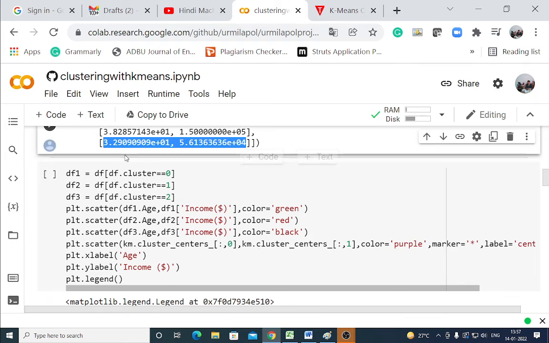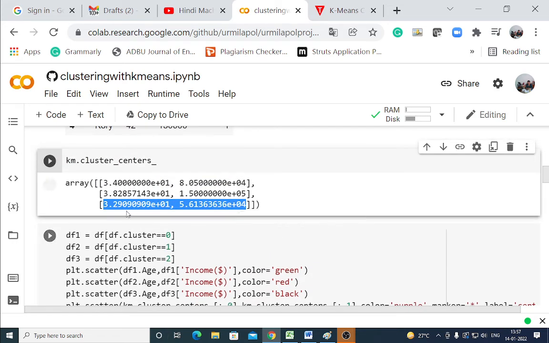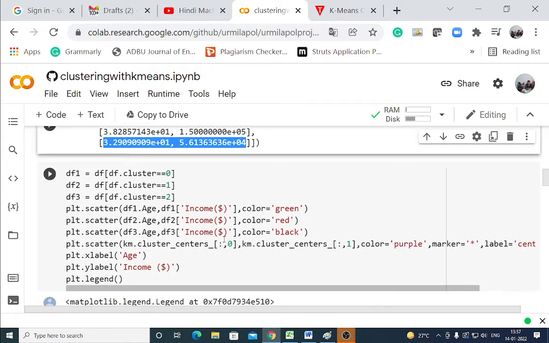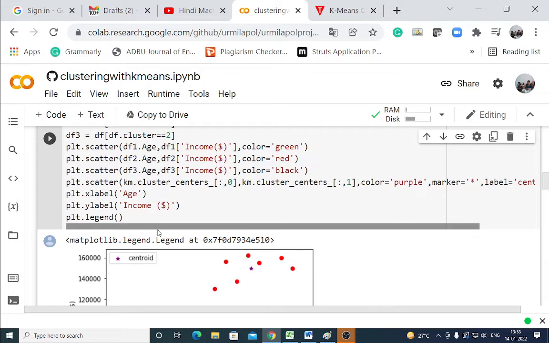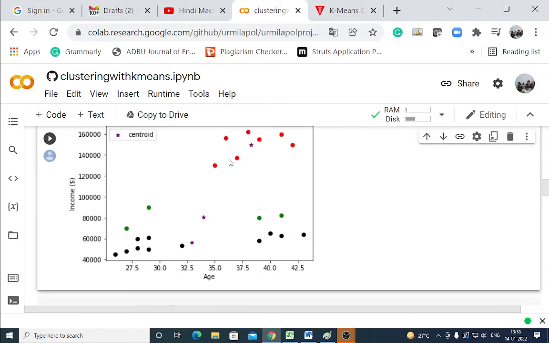km.cluster_centers_ starts with the 0th row. There are 3 rows and 2 columns, therefore the 0th and the first column. Color is equal to purple for the centroid, marker is equal to star, and label is equal to centroid. X label is equal to age and Y label is equal to income dollar. Then plot the legend, it shows the labels here. Then it draws 3 clusters,